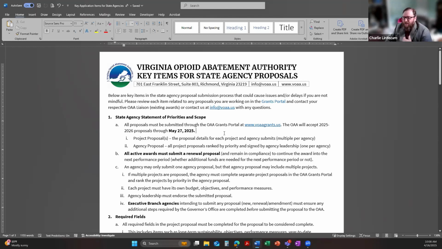But all of those project proposals have to be priority ranked by leadership and signed by agency leadership. And you can only submit one agency proposal. I think there's been a little confusion in terminology, and in a little bit we'll go into the portal.